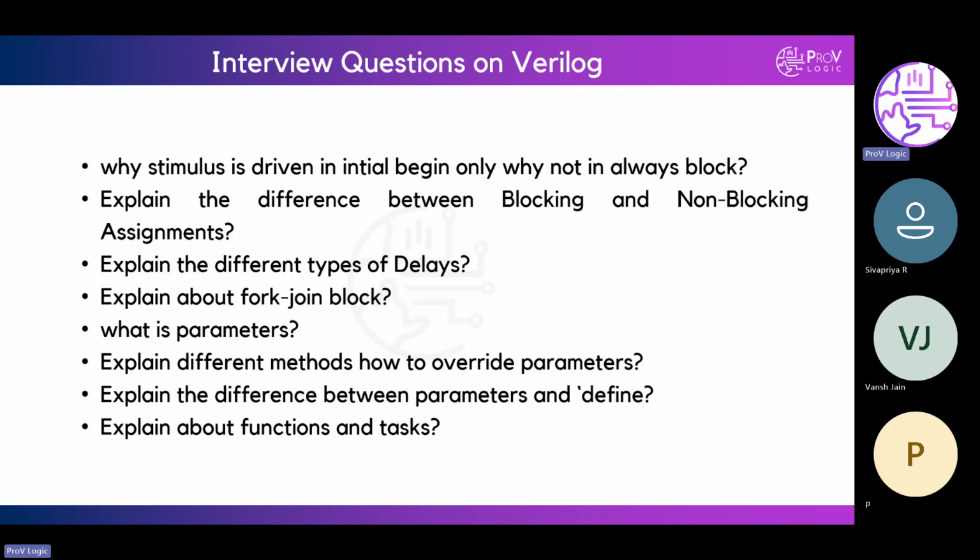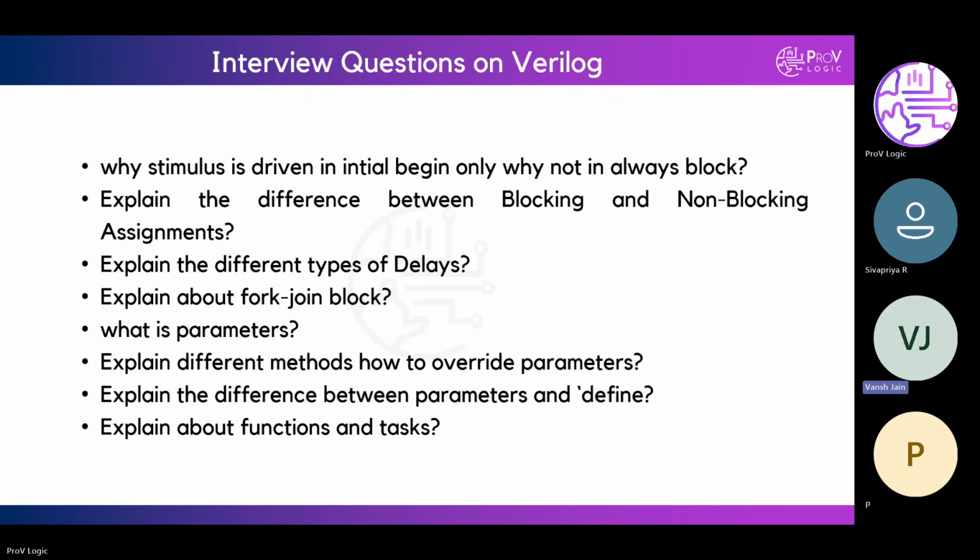Can you differentiate between the blocking and non-blocking assignments? Blocking assignment is used for combinational logic, and in blocking assignment delays are editable, while non-blocking assignments are used in sequential logic only, and the intra delays are not editable.